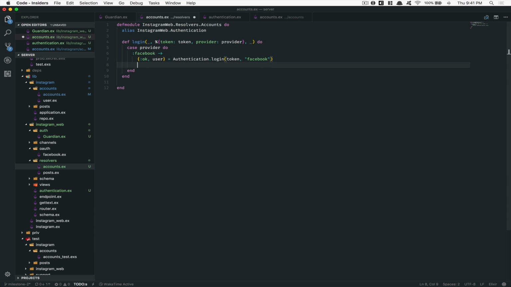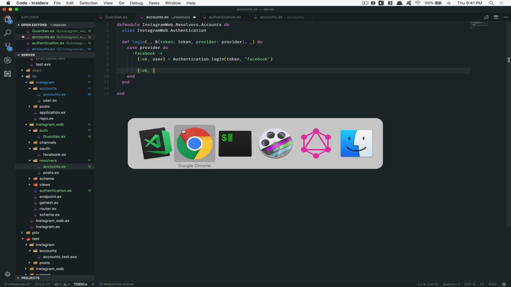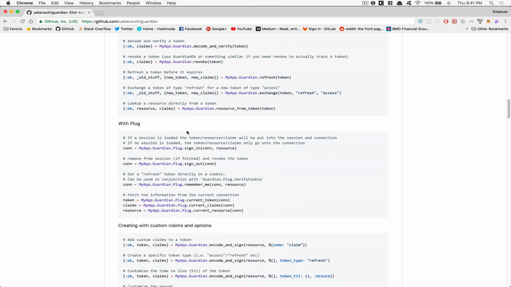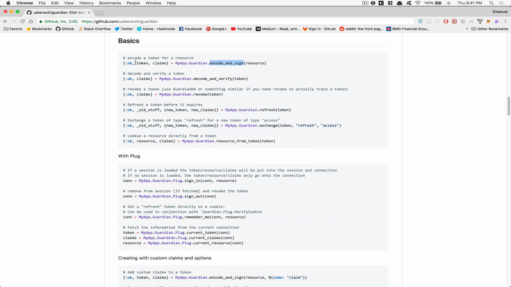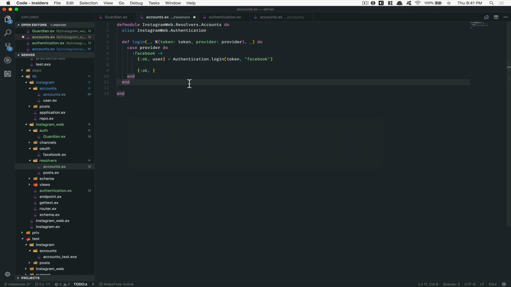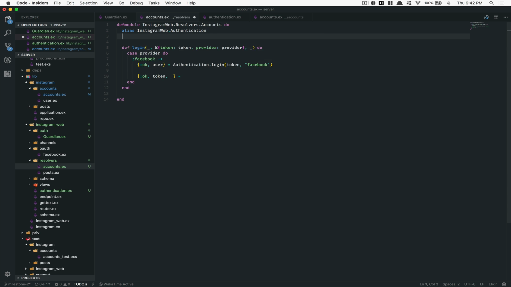Now what I'm going to do is return another tuple, but this one is this tuple right here, encode and sign this one. We receive 3 elements right there, where you finally receive the token and also the claim. But what we need is only the token, so we're going to say okay, token, and this one underscore, we don't need this one. And now I'm going to need that